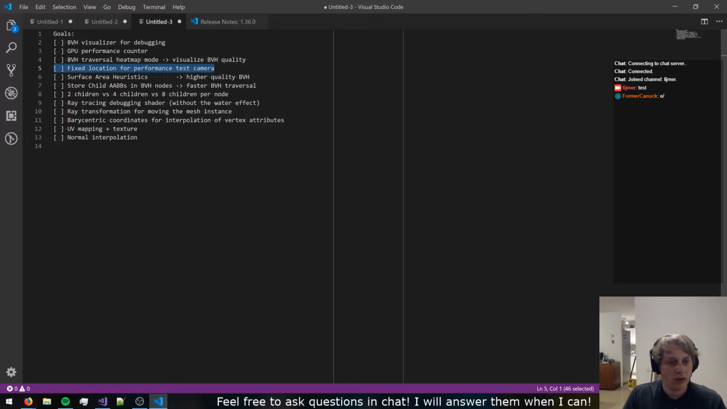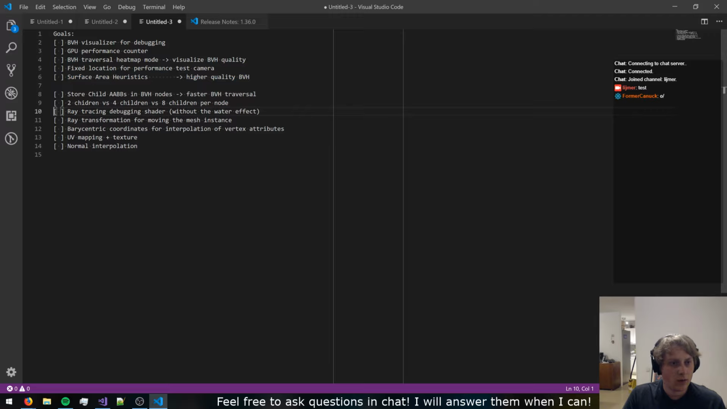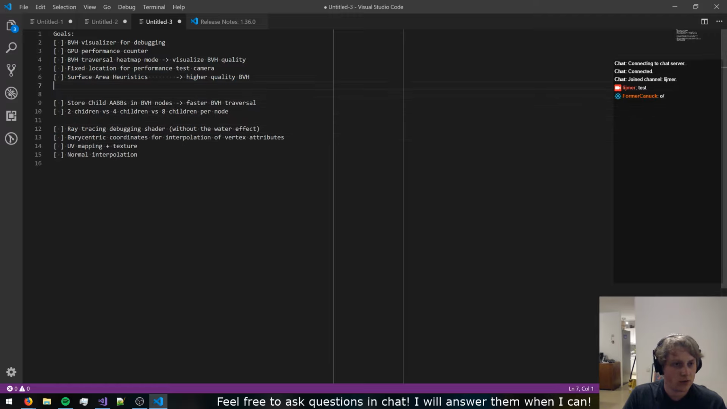Then we'll add a little fixed location for the camera. Then we'll improve our BVH using surface area heuristic. Let's see, I probably want to do this first, where we can move around the model before we start optimizing it more. I might also want to do a ray tracing debugging shader first. But yeah, just to go over these,